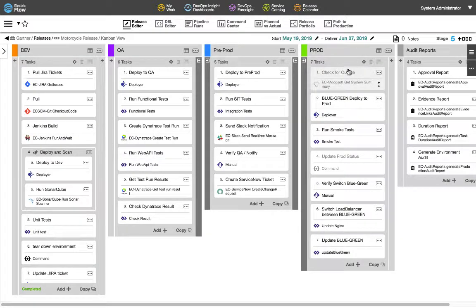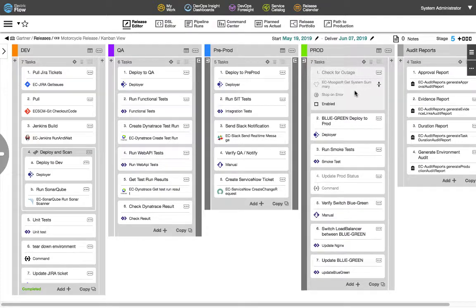In our production stage, the first task is using the integration with MoogSoft to check for any incidents or issues in the production environment before starting the deployment. Our MoogSoft environment is down, so this step is disabled. Next, we run our blue-green deployment. The target environment, whether it is blue or green, is determined programmatically based on properties in Flow. After the deployment, smoke tests are run against the environment,